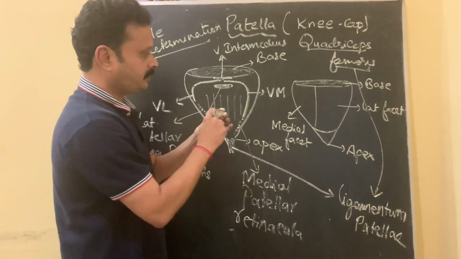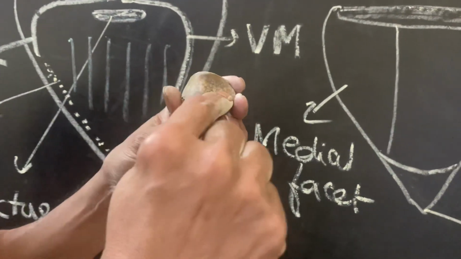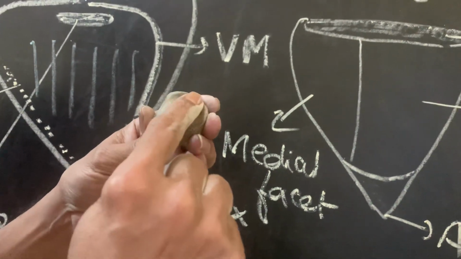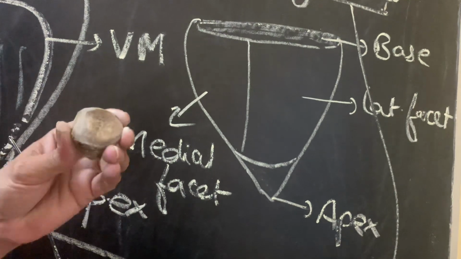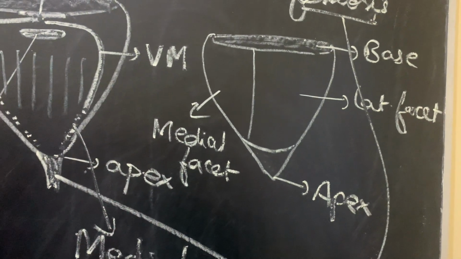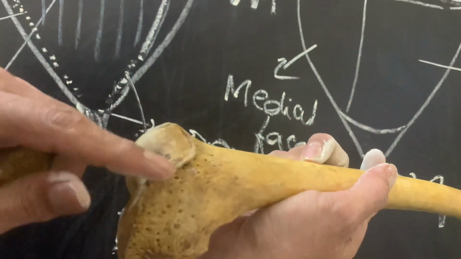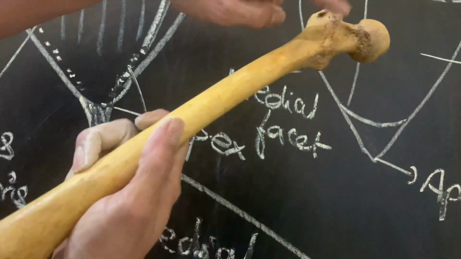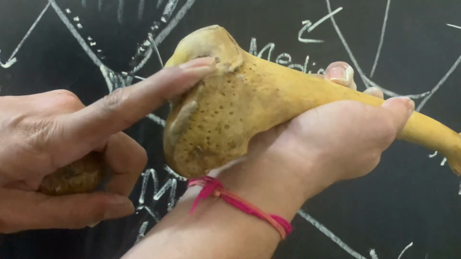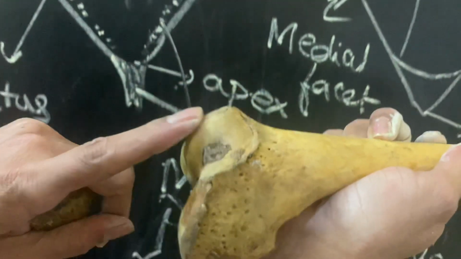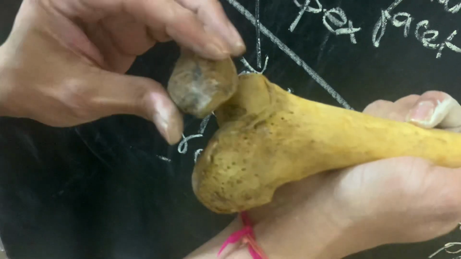Coming to the posterior surface here, the posterior surface has two facets. Already I have said this facet is the larger facet, which should be lateral, and this is the medial facet. This articulates with the patellar articular surface of the femur like this. See, if you see the patellar articular surface here, this is a right-sided femur. This medial articular surface is smaller, where I am putting my finger, whereas this one, which articulates with the lateral articular surface of the patella, is larger. So it is somewhat like this.